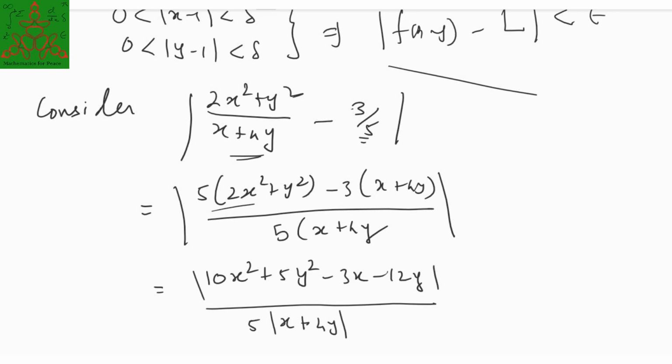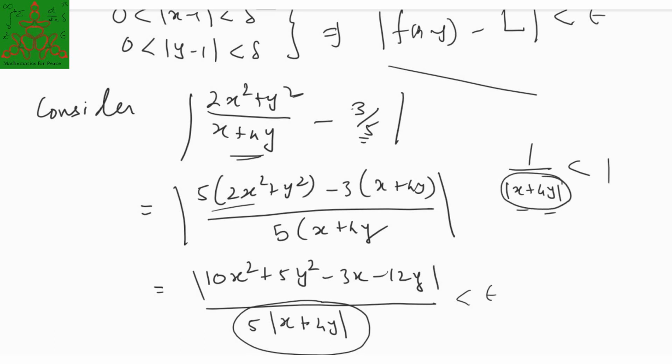Now you should note that I want to show this quantity is less than epsilon. For that you require to show that the denominator is greater than something, or 1 upon modulus of x plus 4y is less than 1 or something. And x and y are arbitrary values, so you cannot say directly this is 1. You don't know what this value is, so you cannot say this is less than 1. You have to do something to convert this to be less than some delta or some quantity in terms of delta. So for that what we are doing,